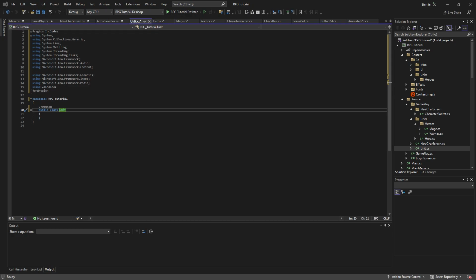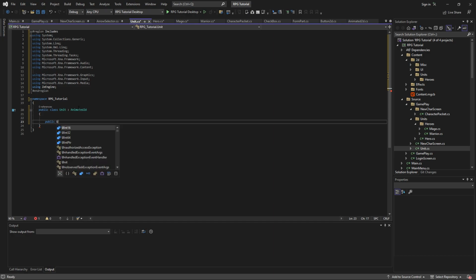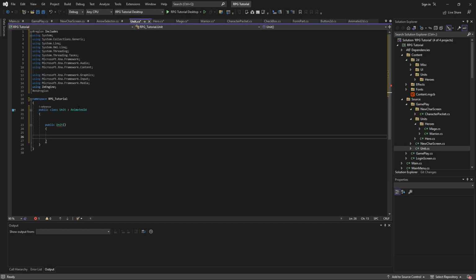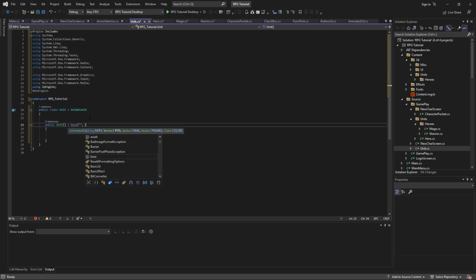For unit, we are going to basically just give it really basic functionality right now, which we can find in animated 2D. So it's going to be a child of animated 2D. Public unit. So that's our constructor, and our constructor is going to have to line up with the constructor of animated 2D. So base, and then in here we know we have the path, we have